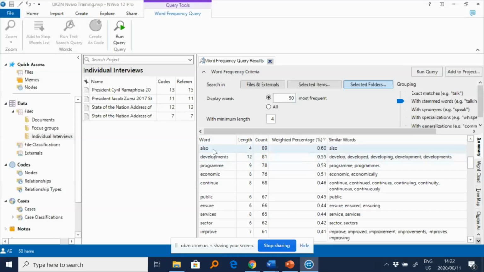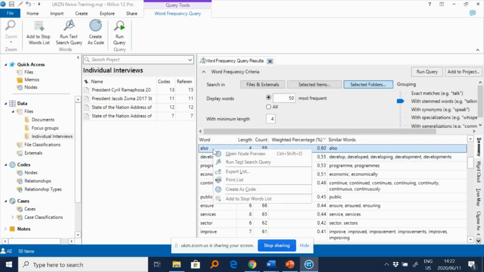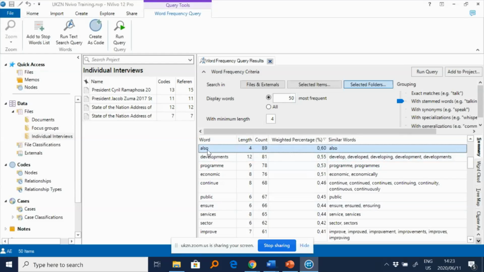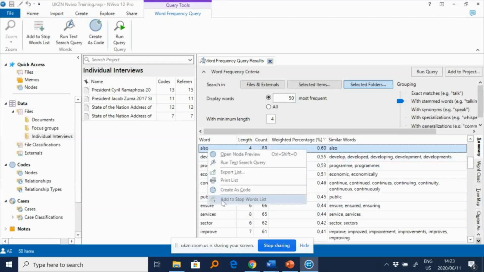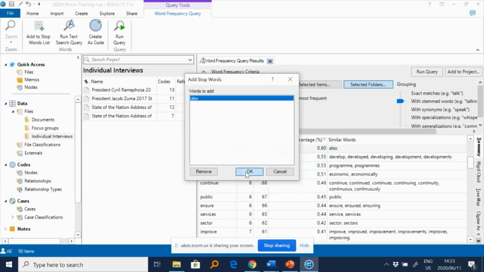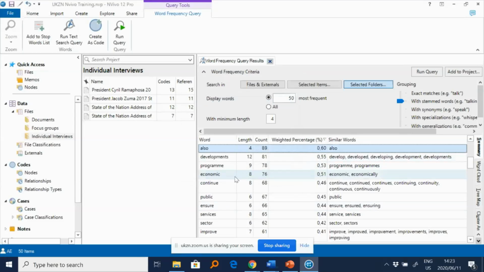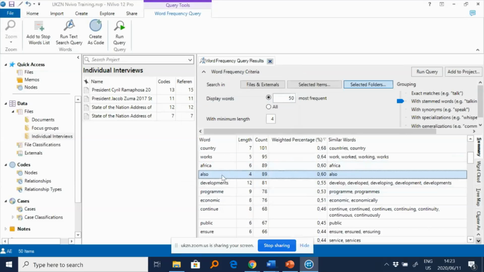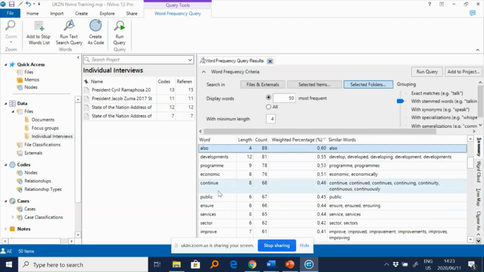How do you do that? Simply right-click on the word that you don't want, and you say add to stop words list. Again, you click on the word you want, right-click on it, add to stop word list, and then you click on OK. NVivo has added it to our stop word list. It's still showing, but when we run our query again, automatically it is not going to appear.